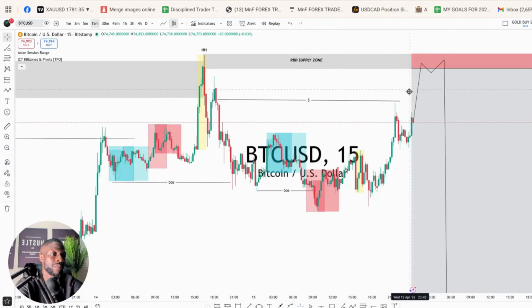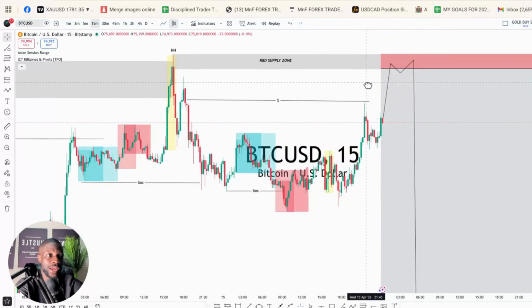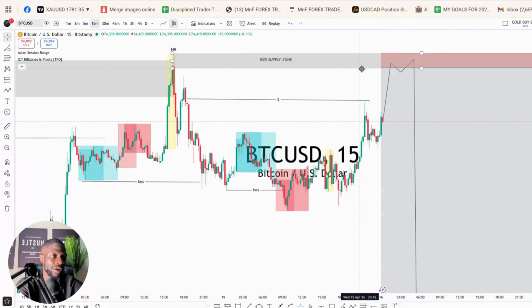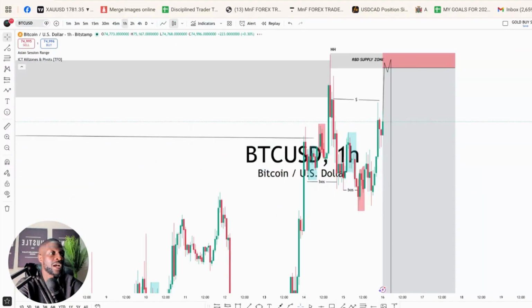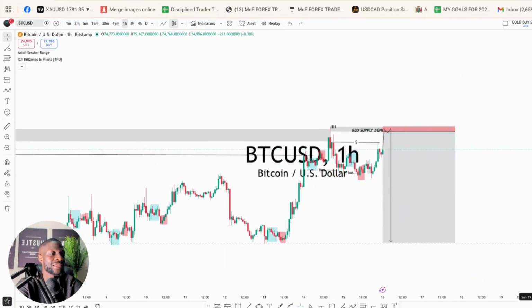So we want to see the market coming up somewhere around this level, take out the liquidity right here, also take out the Asian session, and then if that happens, I'd like to see the market give me a confirmation to actually sell at this level right here. My stop loss is just going to be above this high right here,